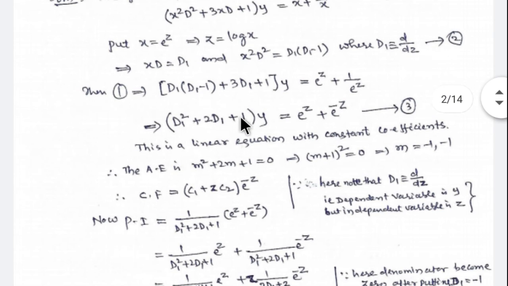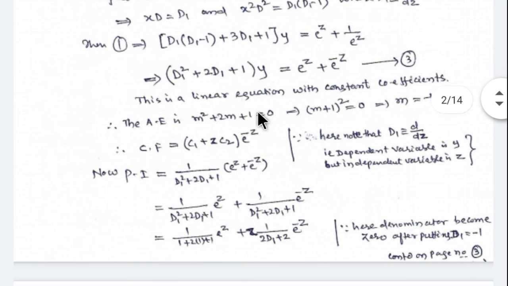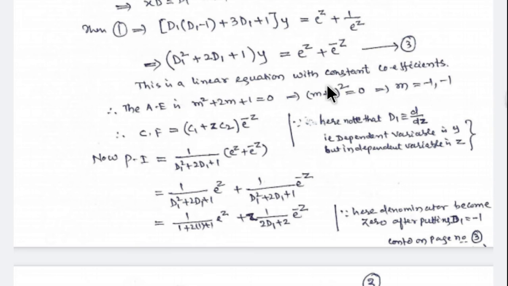The earlier given equation is a homogeneous linear equation, or Cauchy-Euler equation. That is, you have transformed it to a linear equation with constant coefficients by using these transformations. Once it becomes a linear equation with constant coefficients, you already know how to solve it. Only the independent variable changed from x to z, while the dependent variable is still y. So this is a linear equation with constant coefficients in variables y and z.